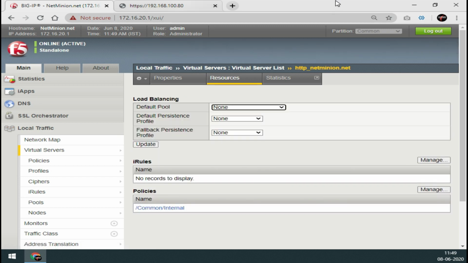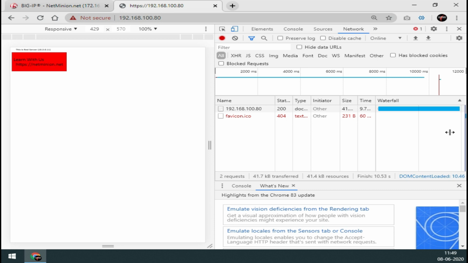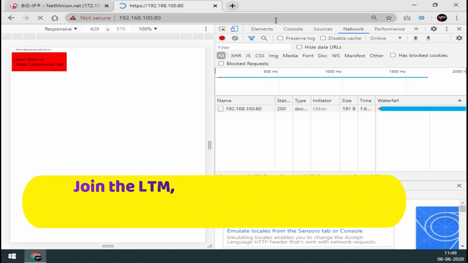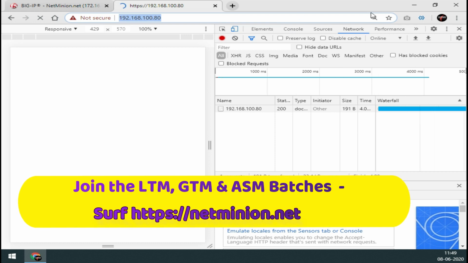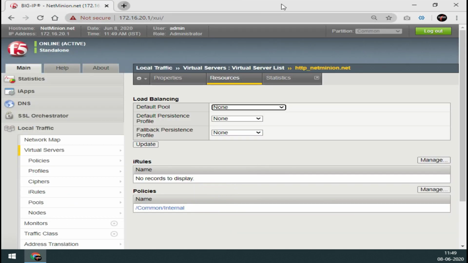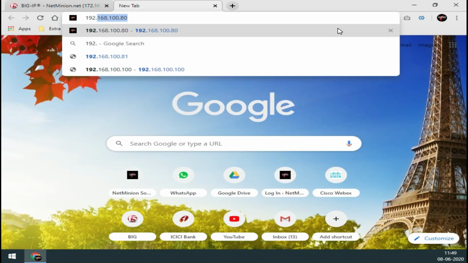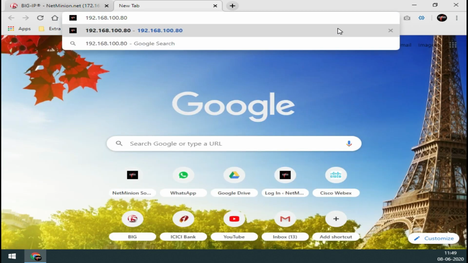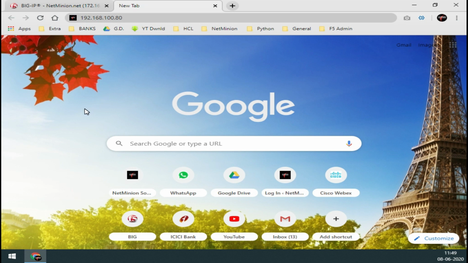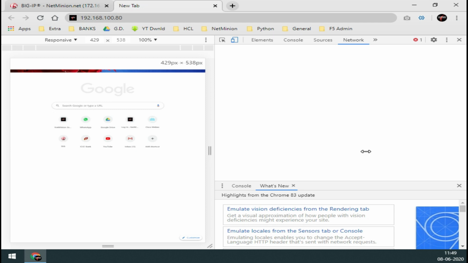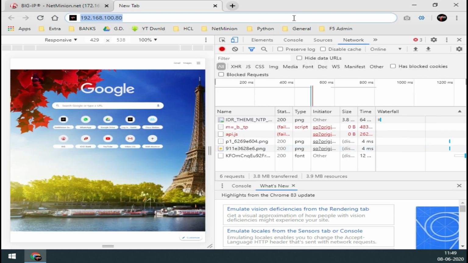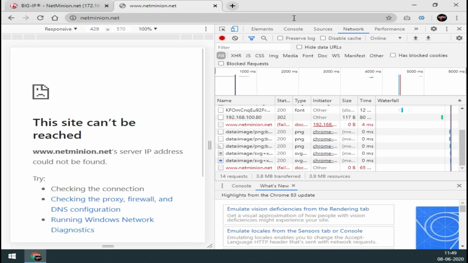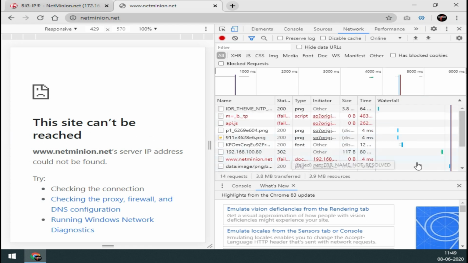Okay, now if you check over here, because my internet is not working currently, if I press Ctrl F5 again, okay, because it is HTTPS, let me use HTTP again. So it should be 192.168.100.80. Okay, and I need to open the developer tool again. So if I press enter over here, you can see that my request is now going to the